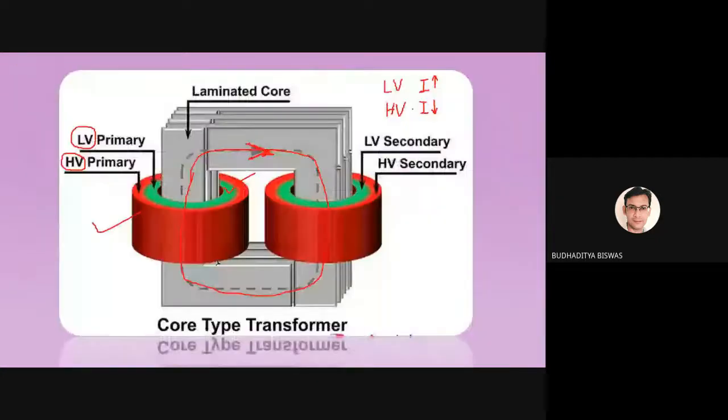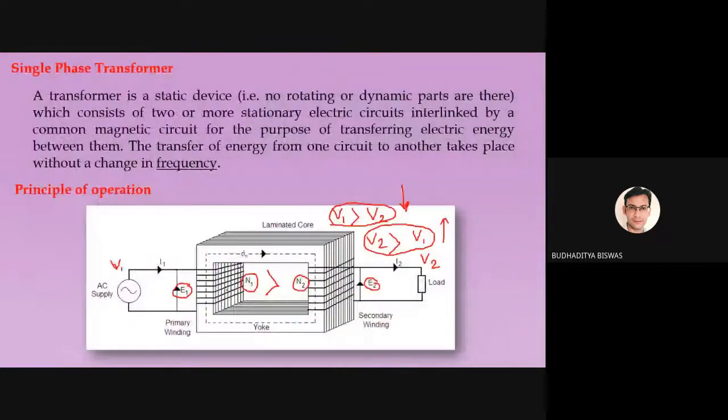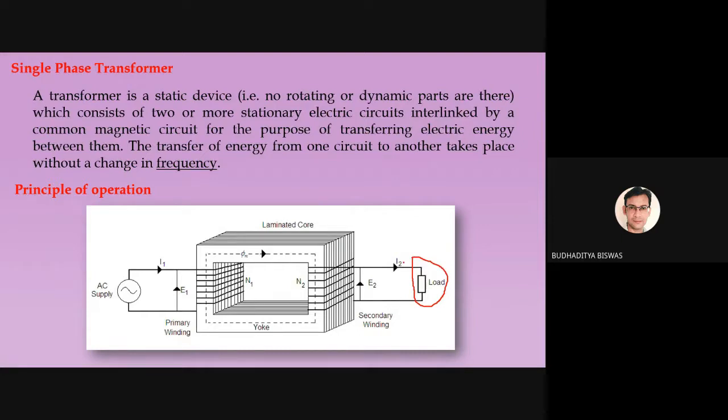Just look here. Okay. If we just delete this particular load, if the load terminal becomes open circuited, then what about this I2? Sir, I2 becomes 0. Any doubt? Because a total of 28 students are present, why should only one student answer? So anybody apart from this one, is there any doubt that I2 becomes 0 if we open circuit the load terminal?